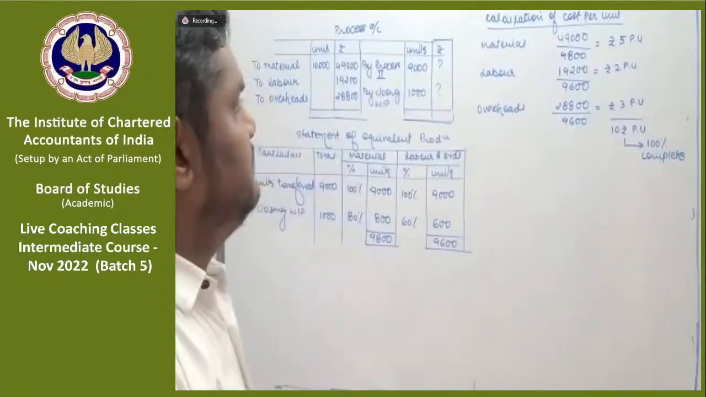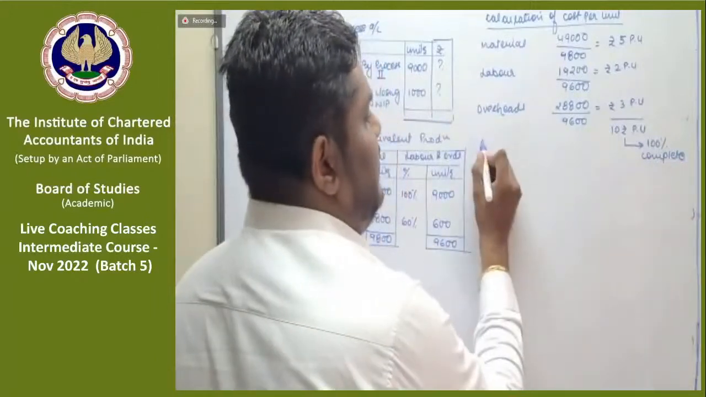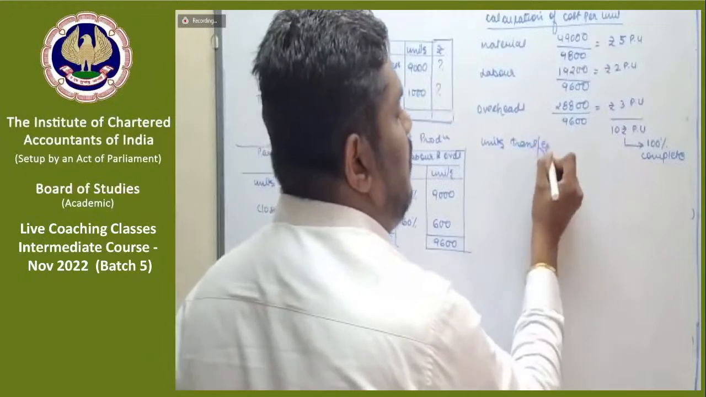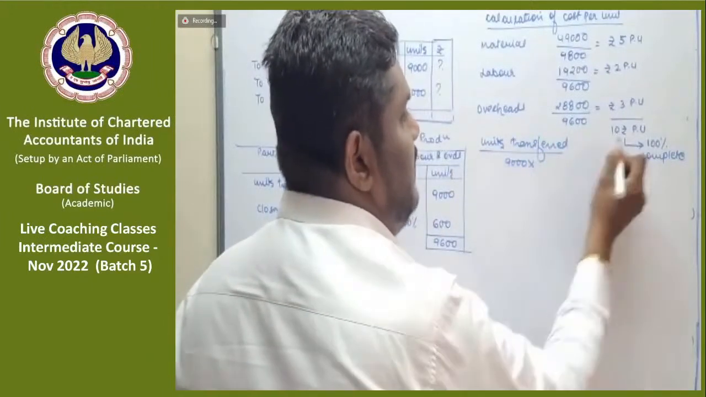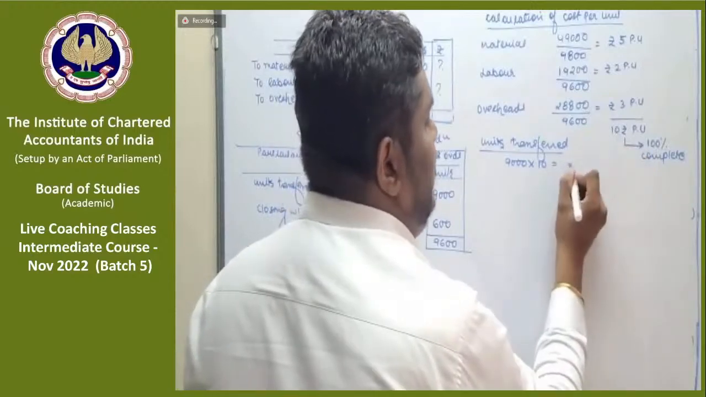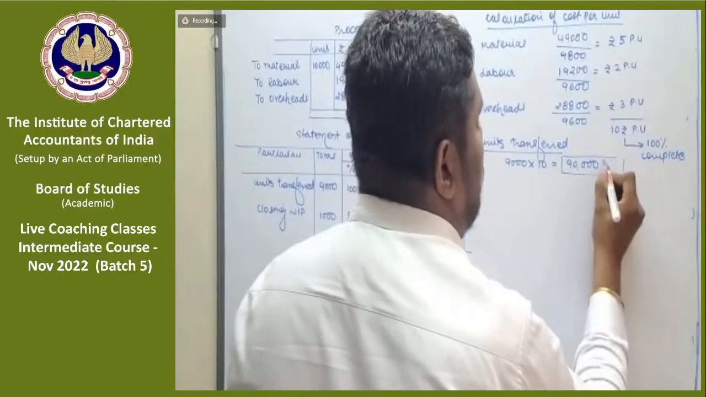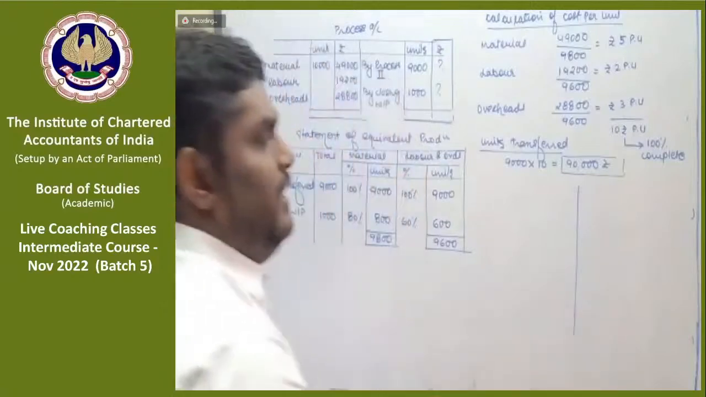Now we have got the cost of the units that are 100% complete. So we can easily value units transferred, that is 9,000 units into the cost per unit, that is 10. So this will be 90,000. When talking about the calculation of